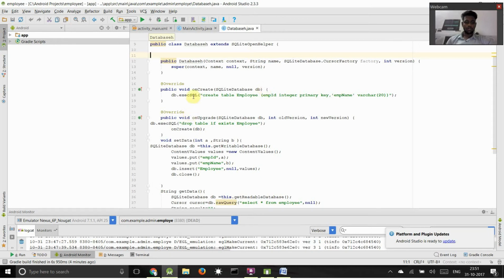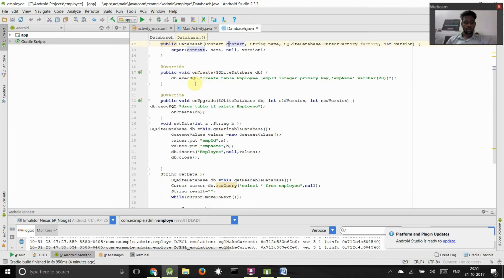The two overridden methods are onCreate and onUpgrade, and one constructor with parameters: context, string, SQLiteDatabase CursorFactory, and the version. Inside onCreate we create a table named employee, which has the employee ID, which is an integer and a primary key, and an employee name of varchar 20. And inside onUpgrade we have an SQL statement which